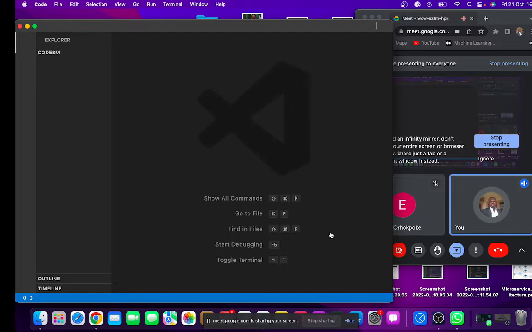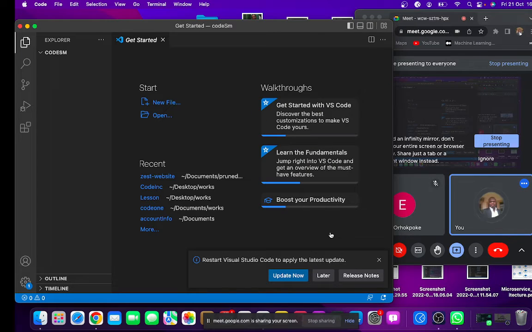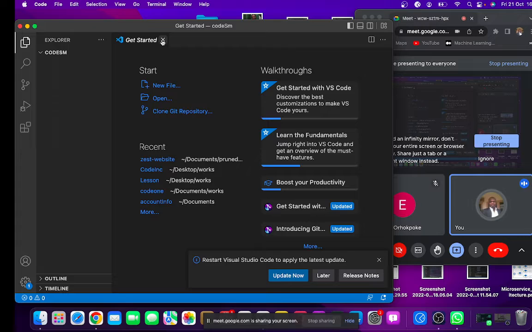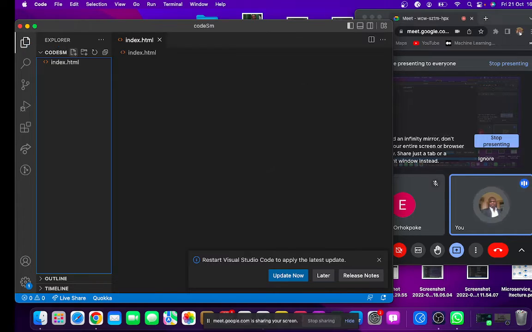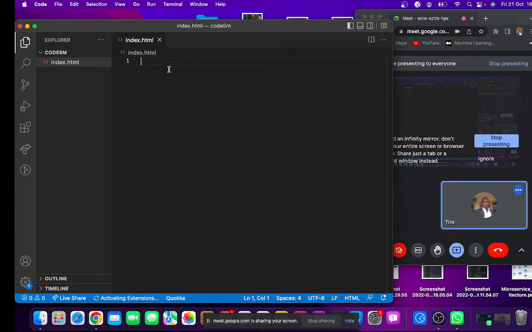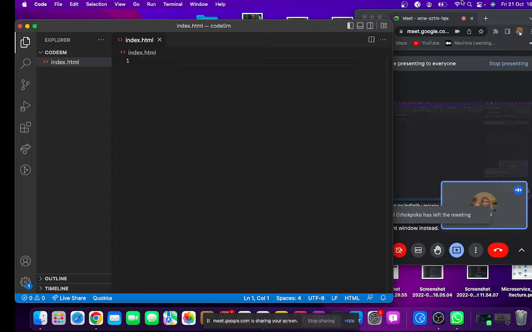Now we're going to be starting out with HTML. HTML contains what we call the content, the structure of the website. So I'm going to close up this get started. I'm going to click on this new, and I'm going to say index.html, which is the first HTML page. Now HTML contains the structure of the website, and I'm going to start building out